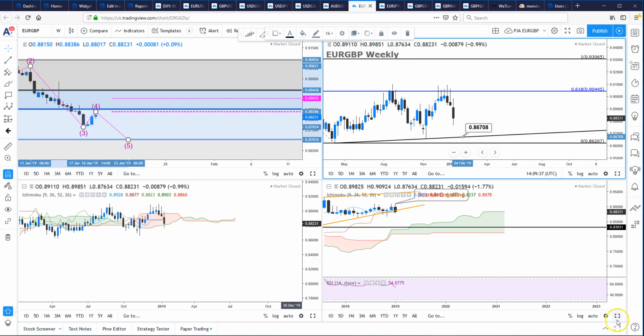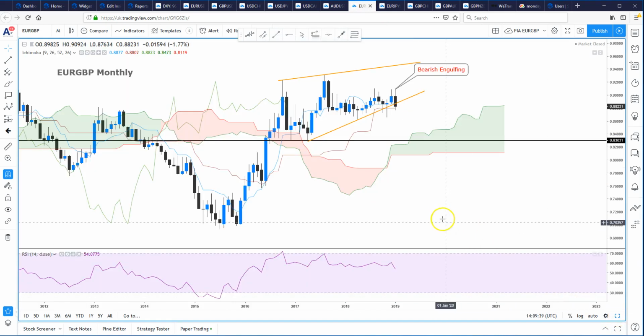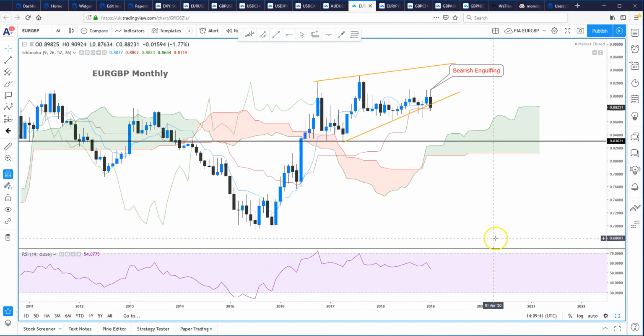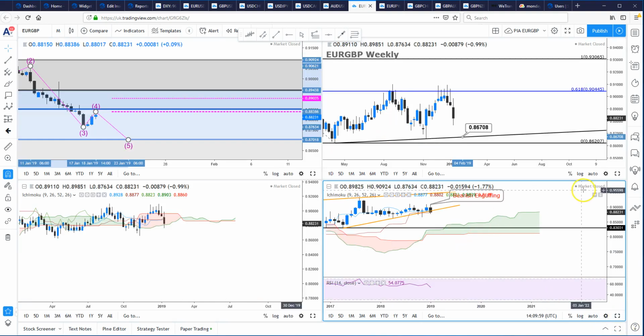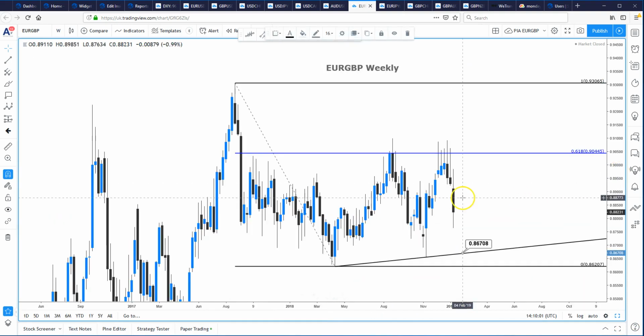Euro sterling, and I think the most interesting time frame to highlight this week: if we hold around these current levels, then we're going to post a bearish outside candle on the monthly chart, and also potentially a wedge breakout, which has an eventual target area of 83, the figure. If we go to the weekly chart,